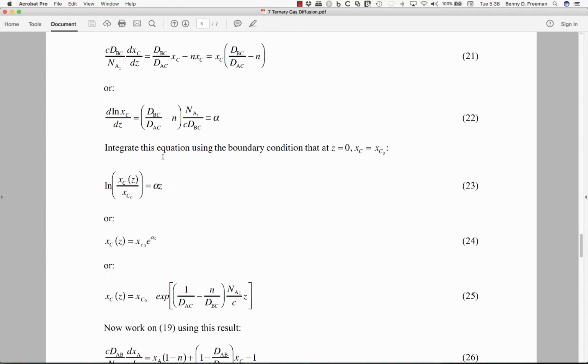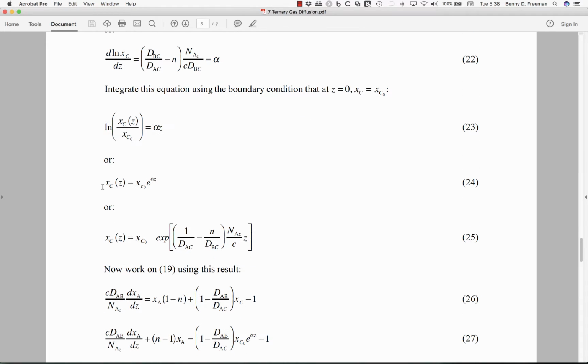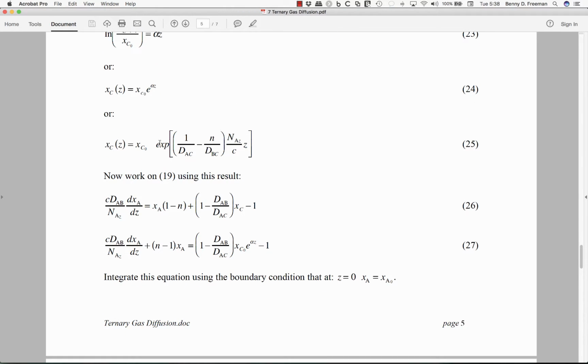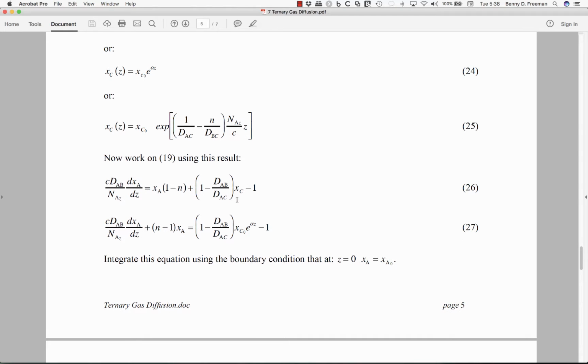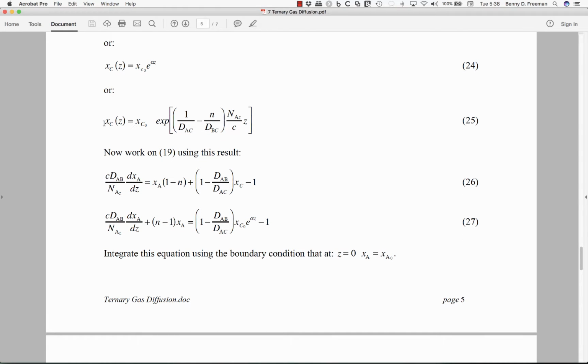coefficients. So we can integrate this equation by applying the boundary conditions that at the edge of the boundary layer the concentration of C has its bulk value, and the result is shown here. It's just a simple exponential dependence on position in the boundary layer, where the term alpha is given by the grouping of terms here up in equation 22. And so we can take this result and put it back into equation 19 and use the concentration dependence of xc as a function of z